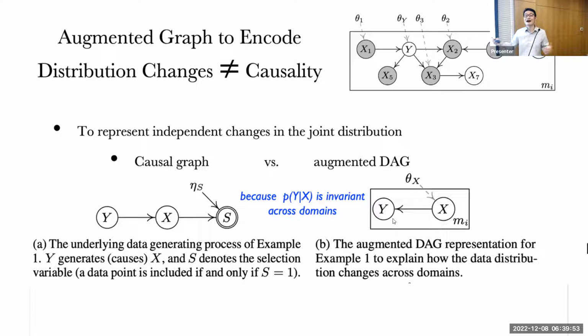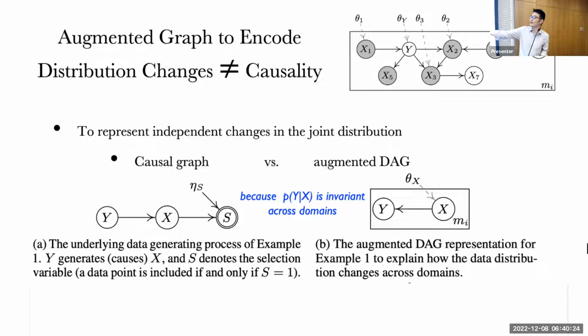That's true because I assign patients to different clinics according to the symptoms, right? PX will be different across domains, but PY given X will be the same. It's interesting. Why? Because Y and the selection are independent given X, meaning that the conditional distribution of Y given X and different values of S would be the same as the distribution of Y given X, conditional independence. So now you can see across different clinics, the conditional distribution of Y given X is the same.